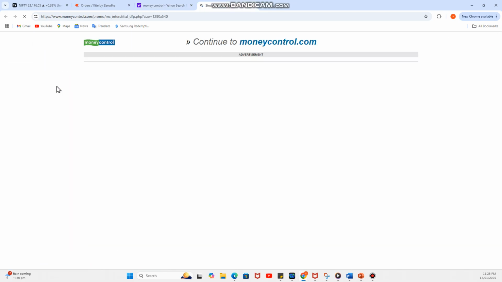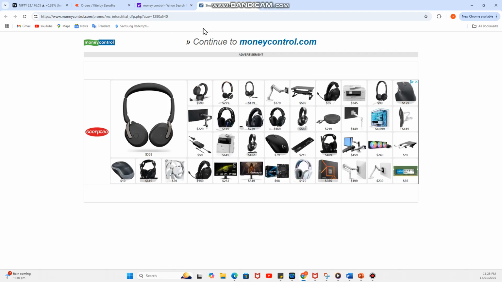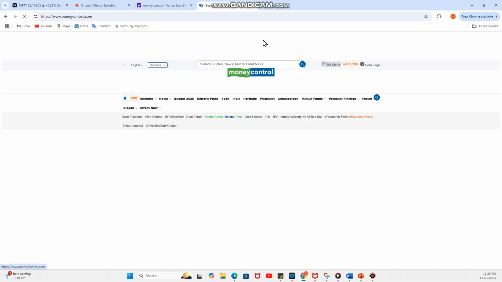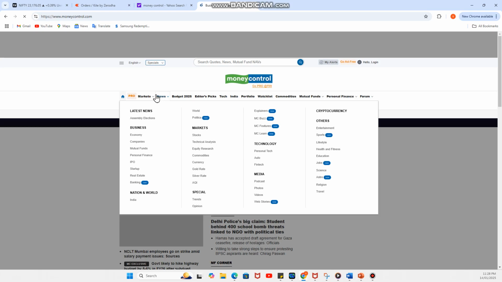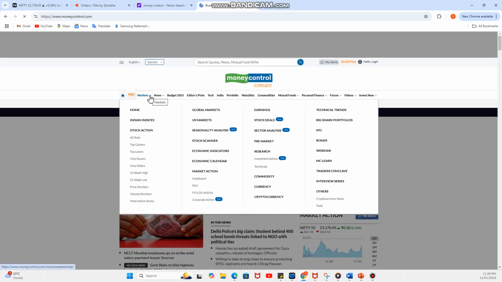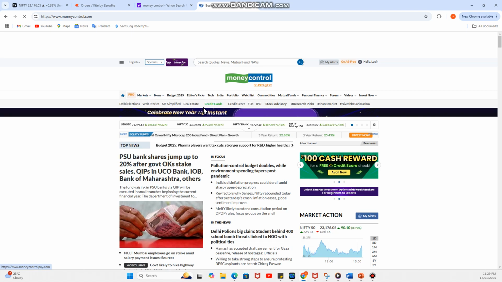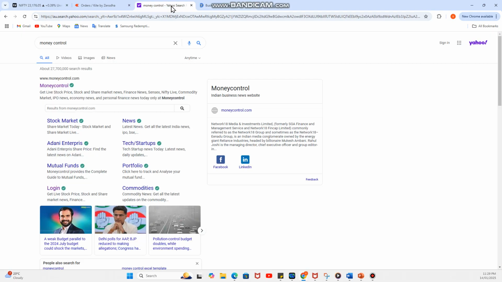You can go into Yahoo Finance for instance. Here you can see the global markets option, and that gives you a clear indication of how the different markets are